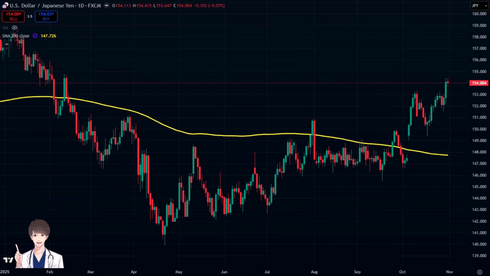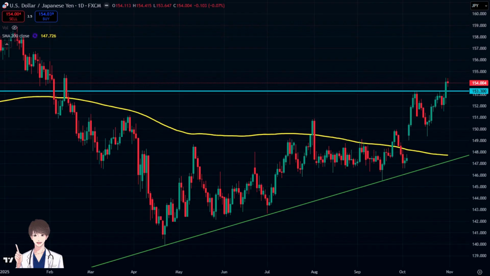Now, let's move to the daily chart. On this time frame, we can draw an upward trend line starting from the April low. Last week, price clearly broke above the recent high at 153.3, and even touched above 154 before closing the week near that level. The next potential resistance can be seen around